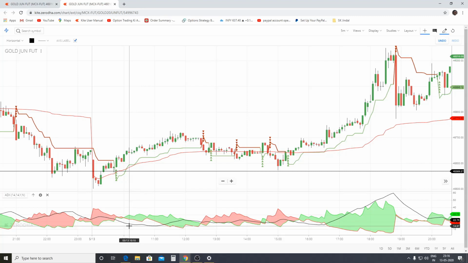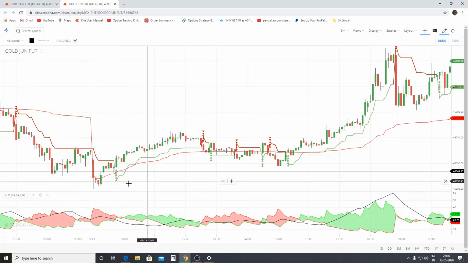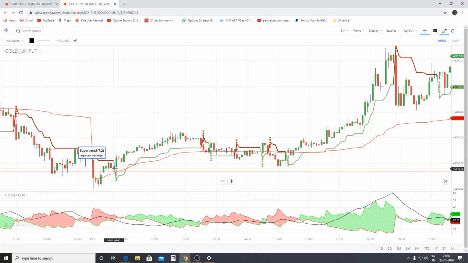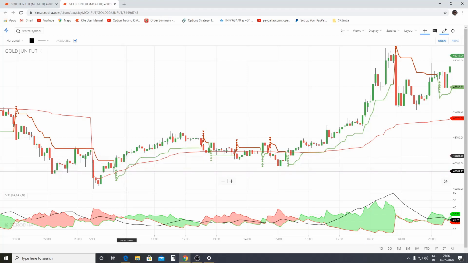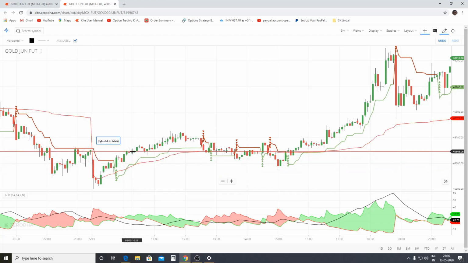position with the trend. So let's say you waited for ADX confirmation. ADX confirmation is given on this candle, so you would consider initiating a trade on the next candle after it. So potentially this would be your entry point. The crucial thing is, whenever you take a trade, you don't know what your targets might be, but one thing you know for sure is what your stop loss would be.